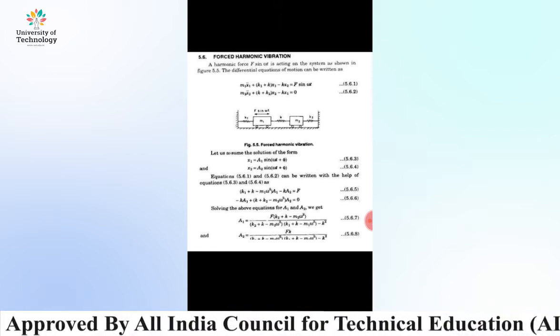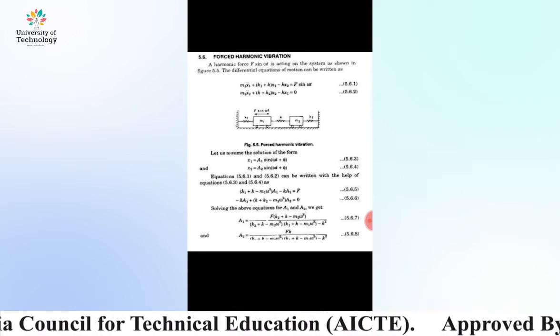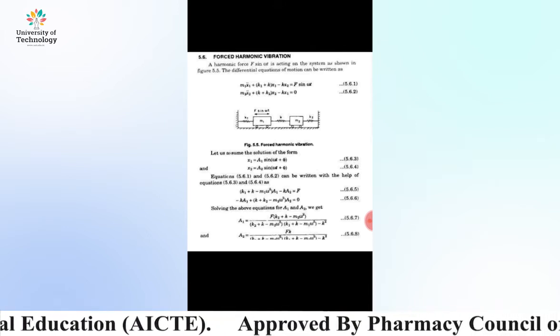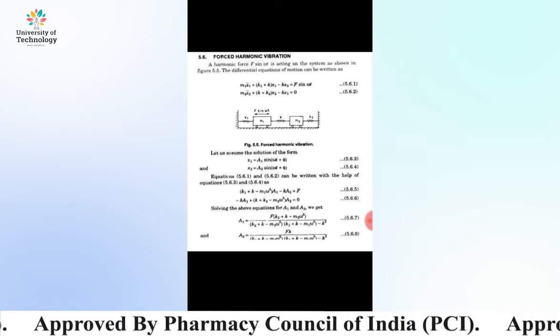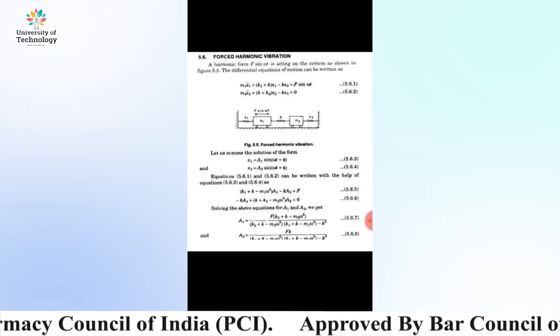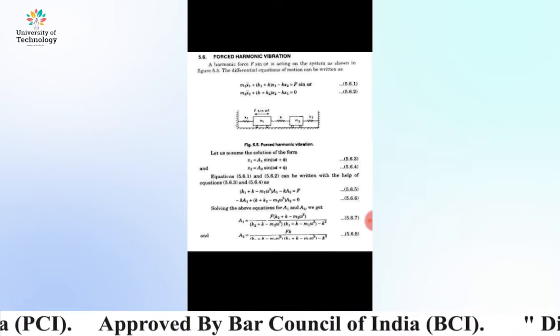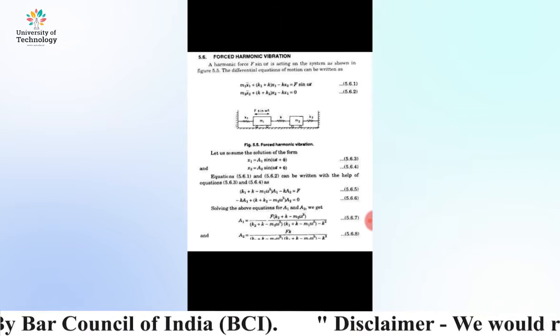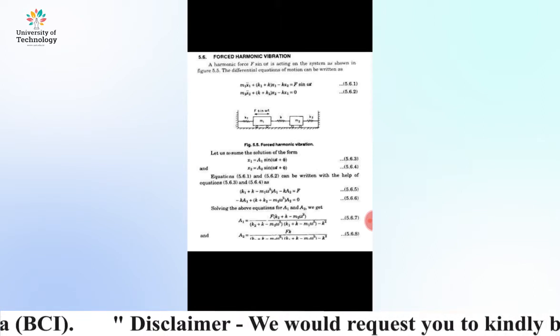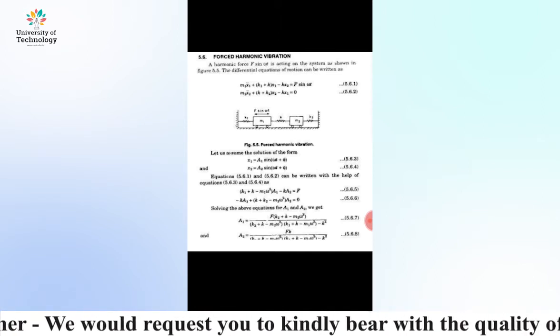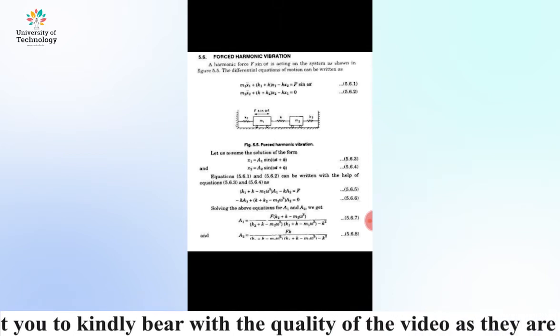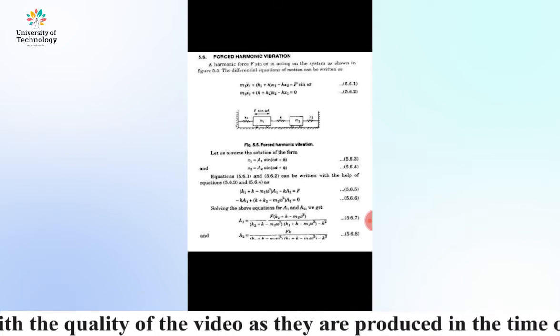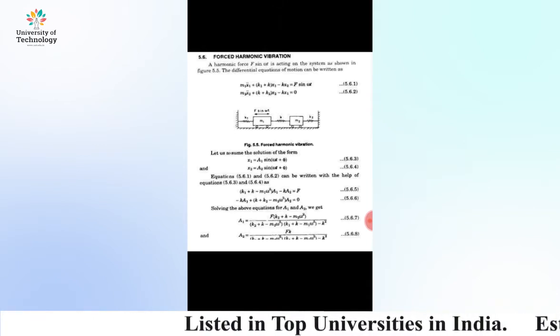we get (k1 plus k minus m1 omega square) a1 minus k a2 is equal to F, and minus k a1 plus (k plus k2 minus m2 omega square) a2 is equal to 0. By solving this equation, we find the values of a1 and a2, in which a1 is equal to